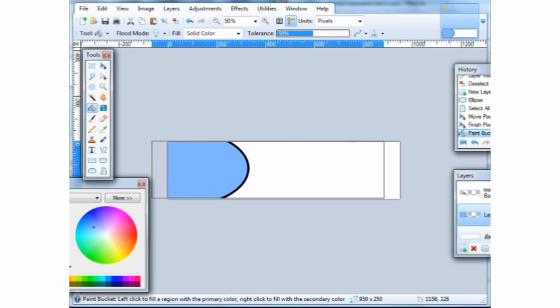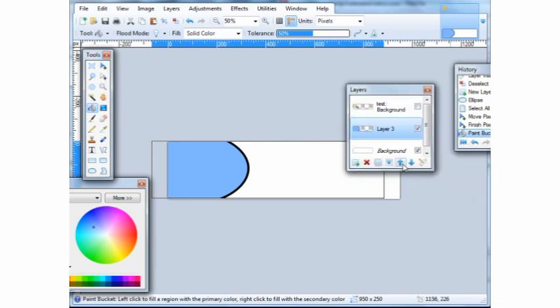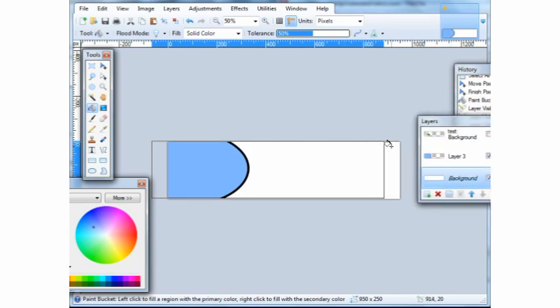And then as you can see here, I'm dealing with 3 different layers. I'm dealing with this layer, which is the shape, and then I'm dealing with the background. So now I want to change the background to something like red or something. So let's choose red, but I want a dark red. Not too dark, but